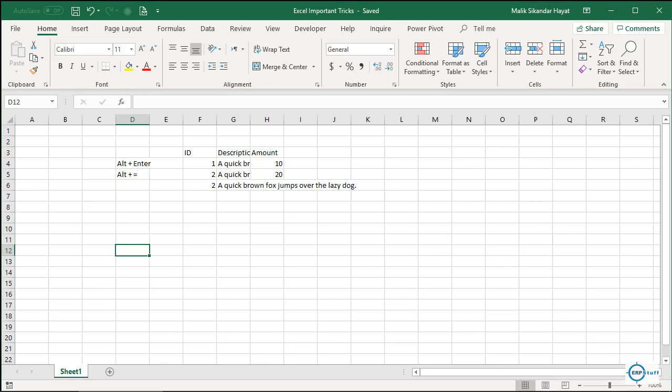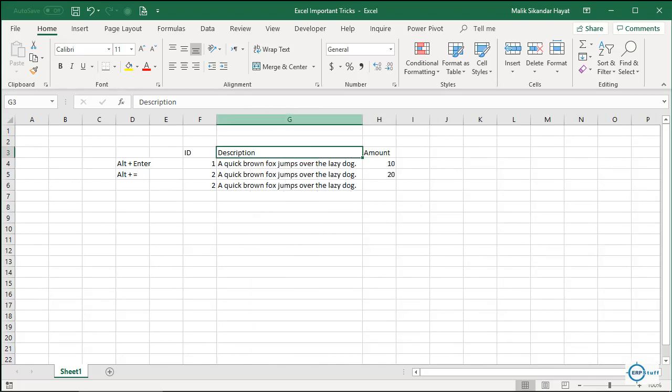Let's see. This is our data. This is sample data. I just put it there like this. You can have different data, up to you, right? So now if you see here, our G column, we can increase the width, right, as per the text available. But if you see here,